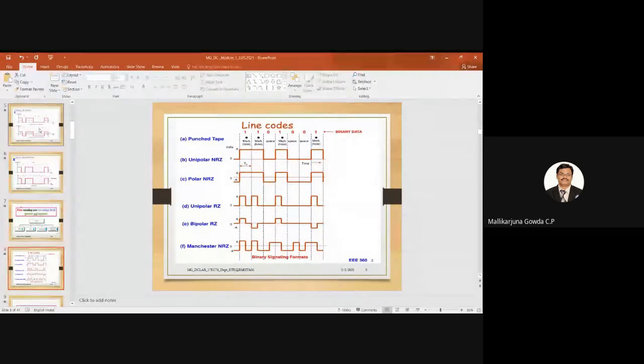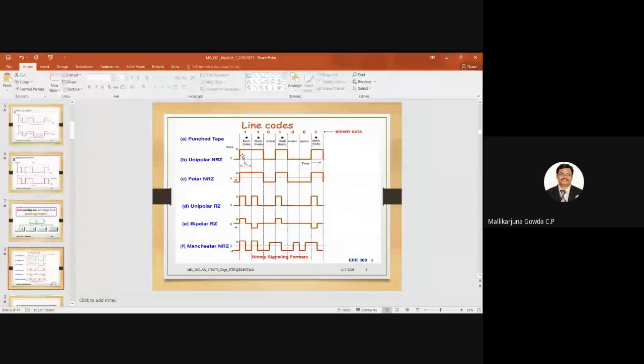Now for these line codes, I have taken an example where 11010001 is my binary data. You can leave the first one, that is punch type. Here mark means I am representing with the dot, and space means no dot. Let's start with unipolar NRZ, that is unipolar non-return to zero. Unipolar means data 1 is represented by plus 5 volts and data 0 is represented by 0 volts. And NRZ, non-return to zero, means